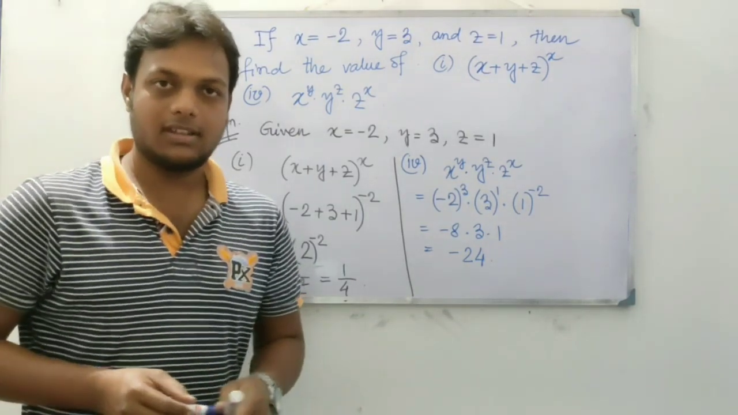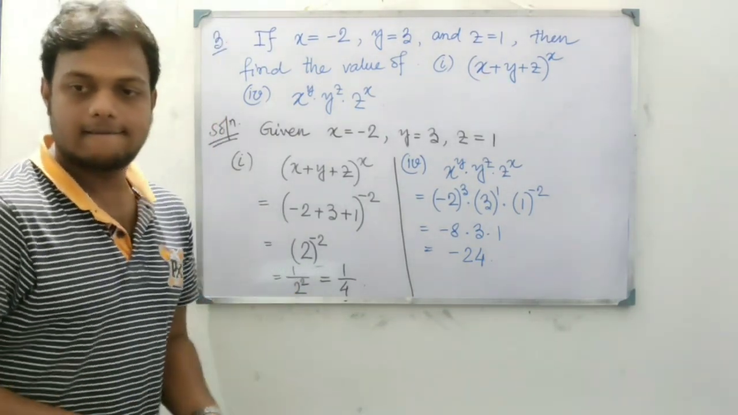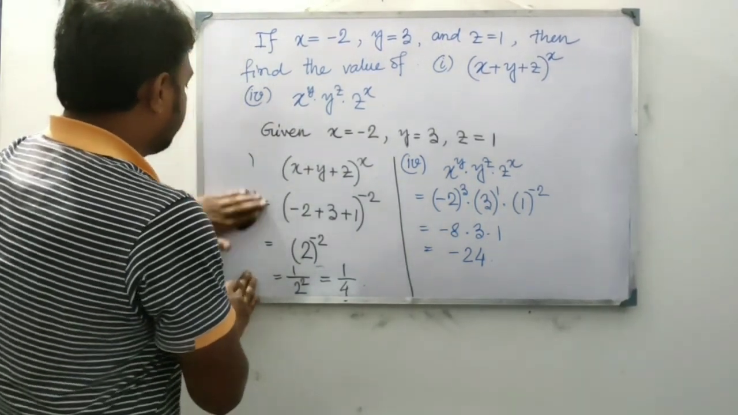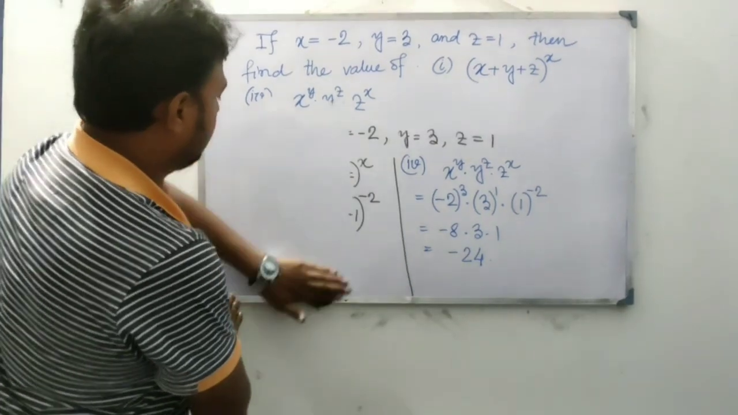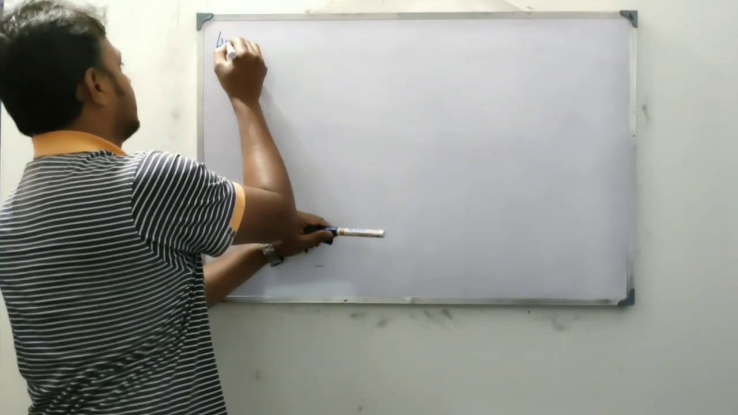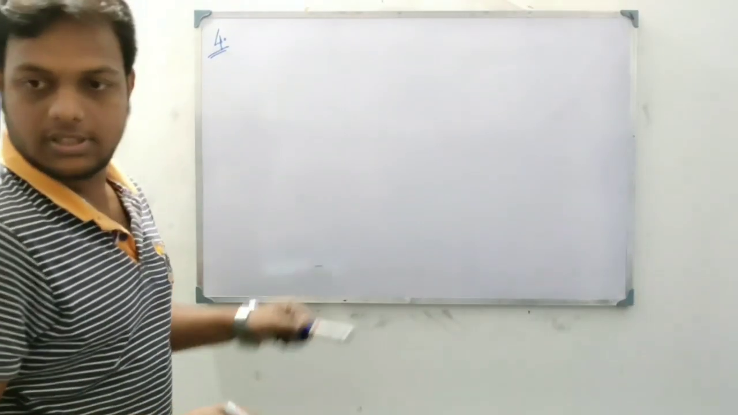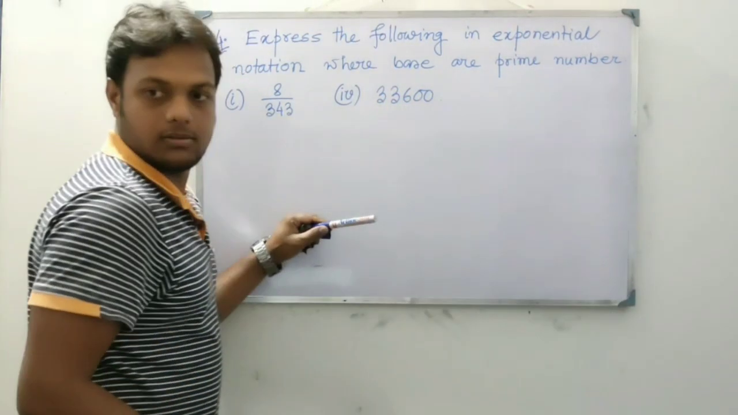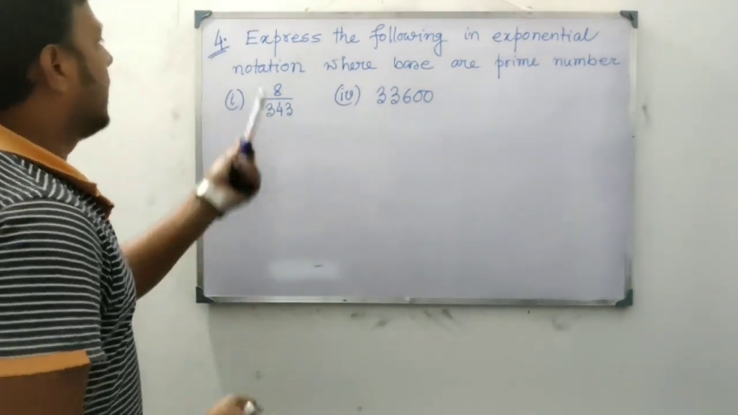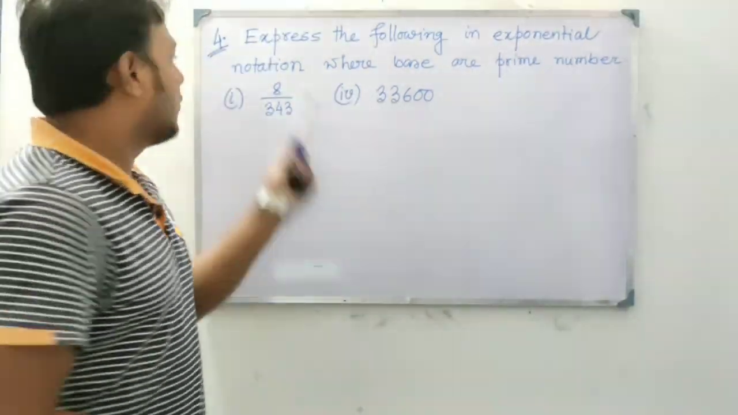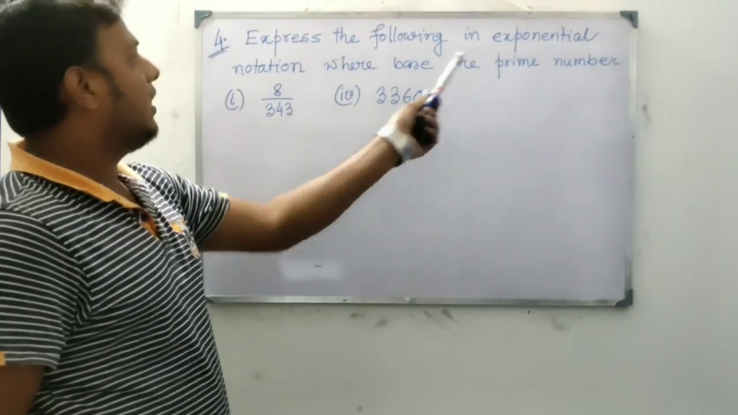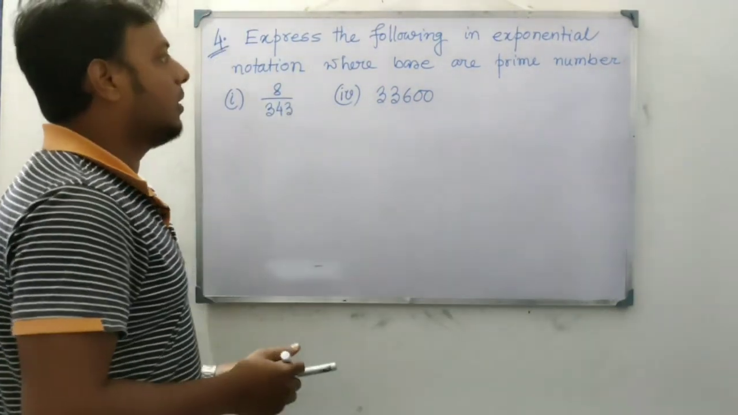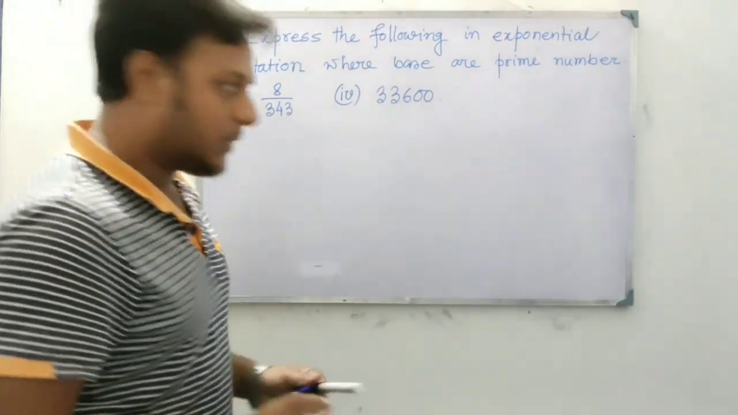Hope you understand all this. Okay, next we will solve the fourth series. The fourth series is given: express the following. 3600. Okay. Next, see the fourth series. Express the following in exponential notation where bases are prime numbers. Where bases are prime numbers means you have to express the